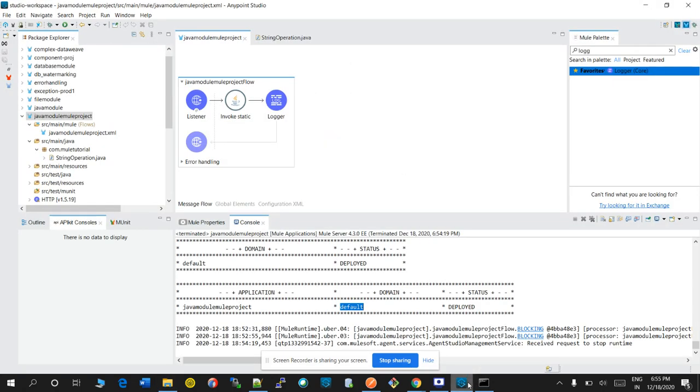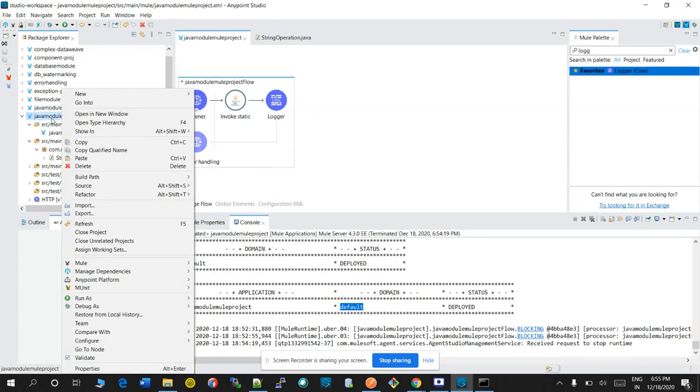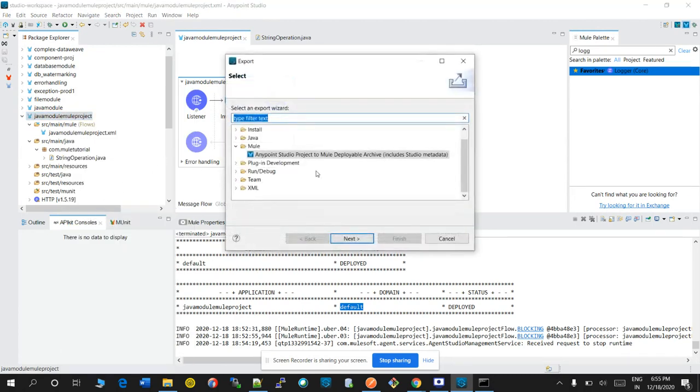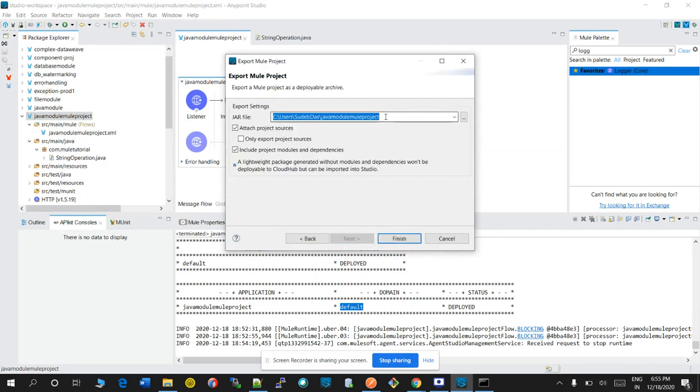Also, to deploy this Mule project in the server, we need to create the jar. So let's create it. For creating a jar, we need to go to Export, click on Mule, Anypoint Studio project to Mule, click next. This is the path where the jar will be created for the deployment in the server.